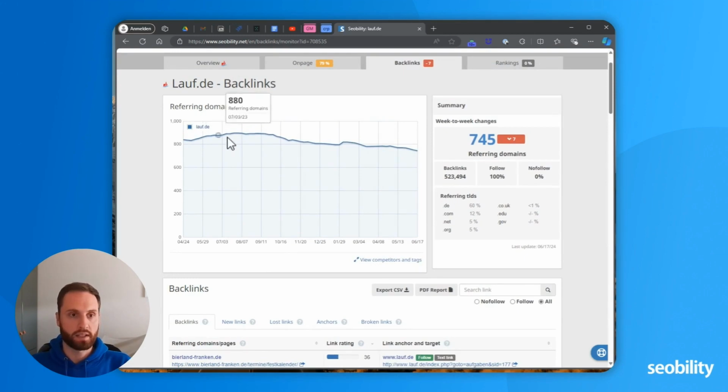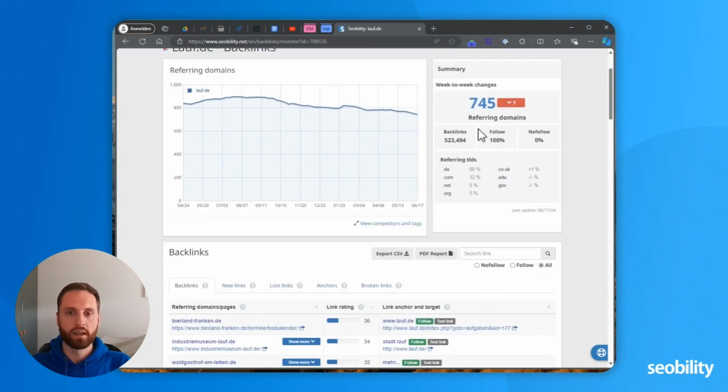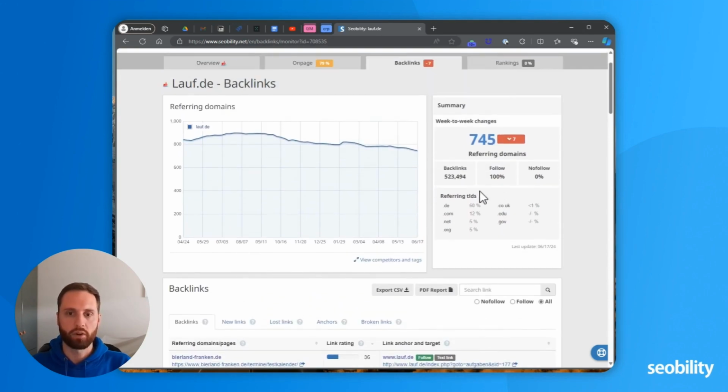So what can we see here? We see the referring domains over time. We see that they are a little bit declining. We see some statistics here on referring top level domains, so what is .de, .com, .co.uk, maybe some governmental or educational domains. The follow or nofollow attribute of links and what the statistic looks like for the backlinks to your project.